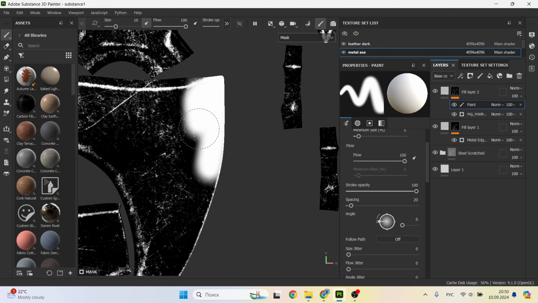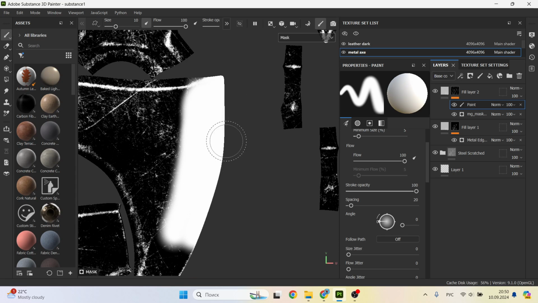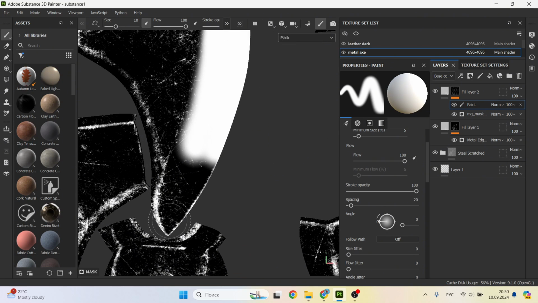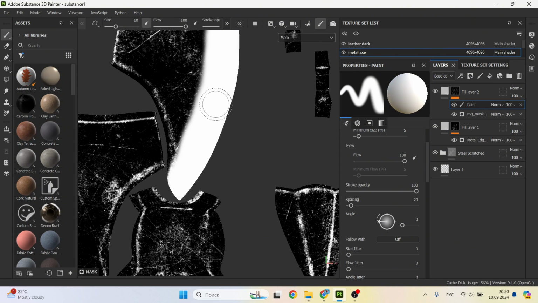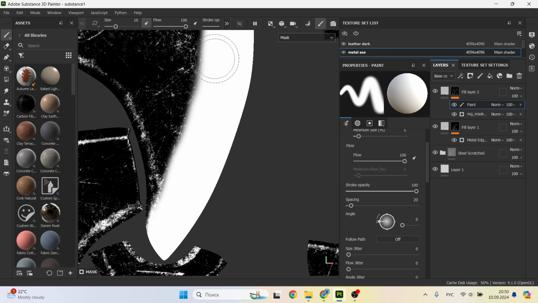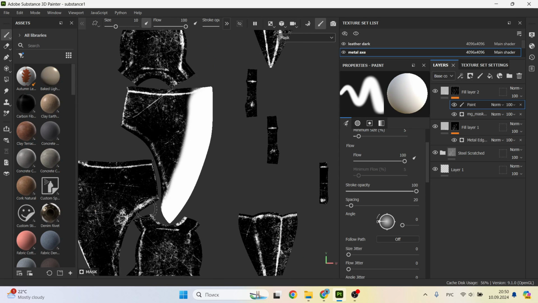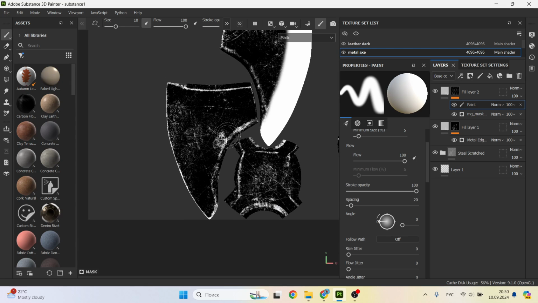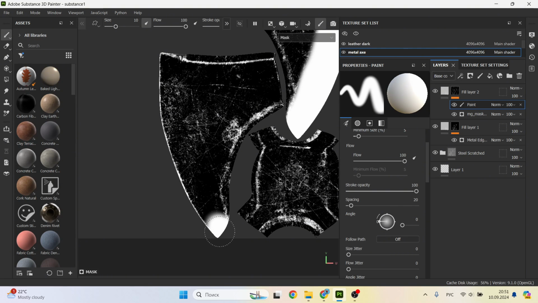And now with a soft white brush we can paint in those places where the axe should be sharp, well, or there is a chopping part of the axe. Also, the mask on the other side of the axe also needs to be painted.